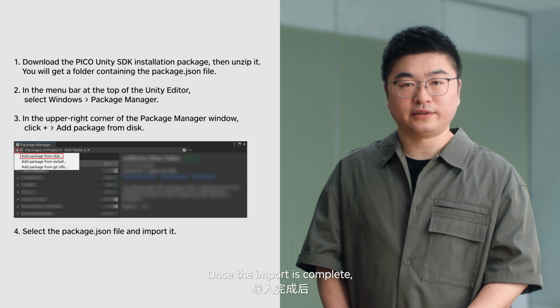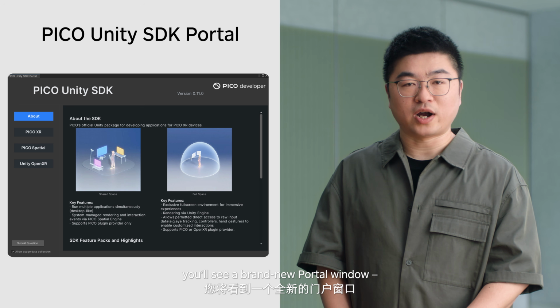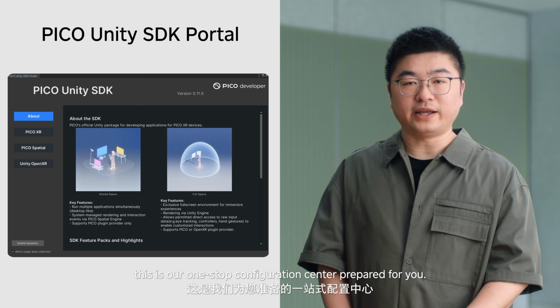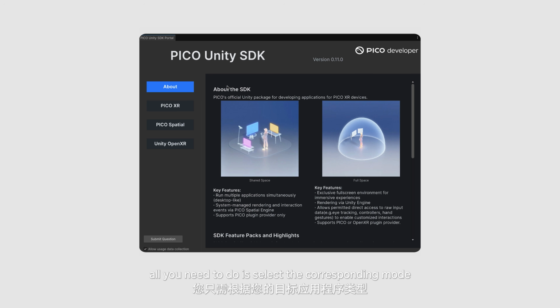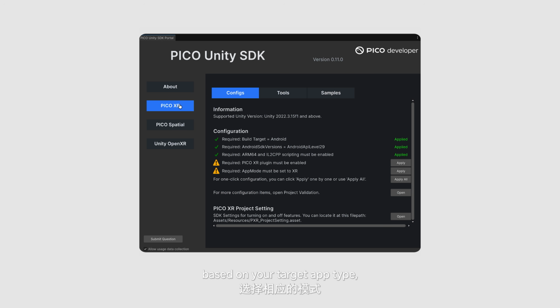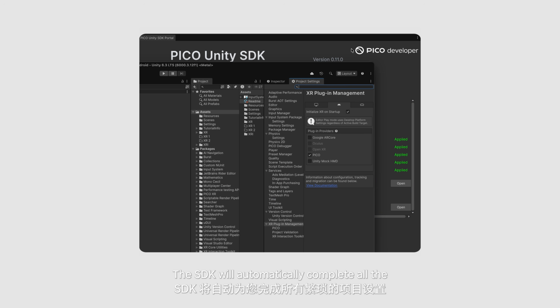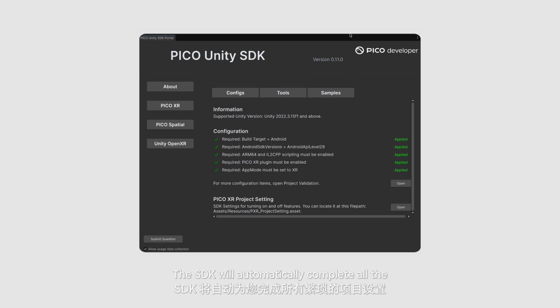Once the import is complete, you'll see a brand new portal window. This is our one-stop configuration center prepared for you. In the portal, all you need to do is select the corresponding mode based on your target app type. Then, click Apply All. The SDK will automatically complete all the tedious project settings for you, from XR plugin management